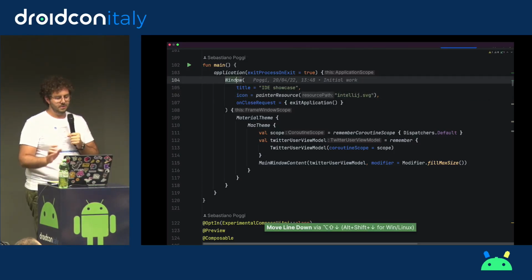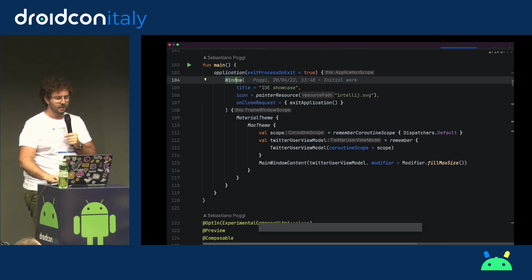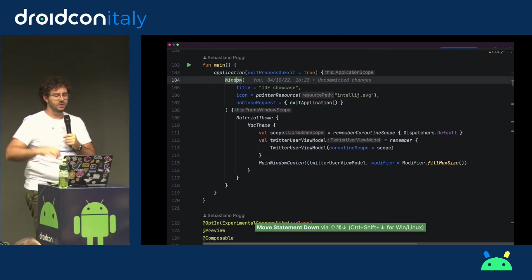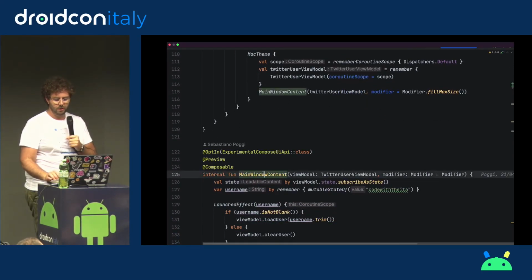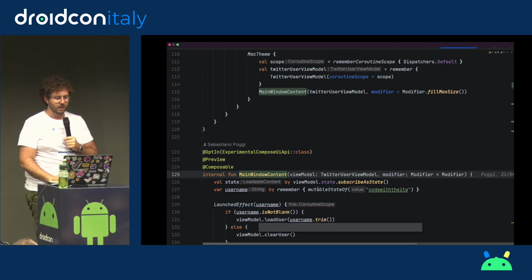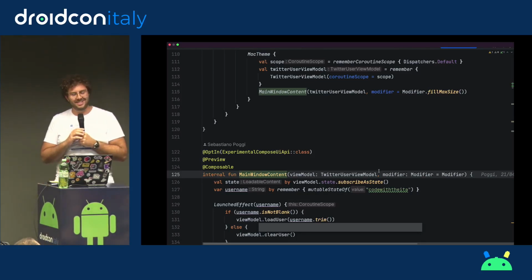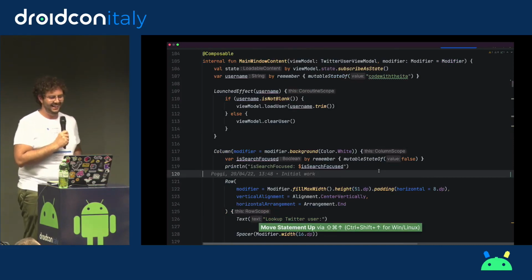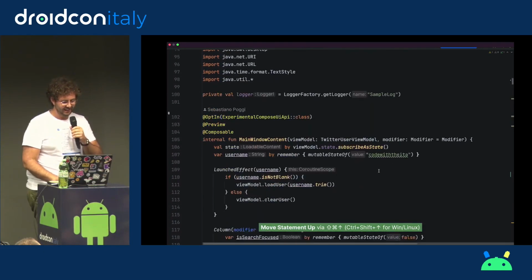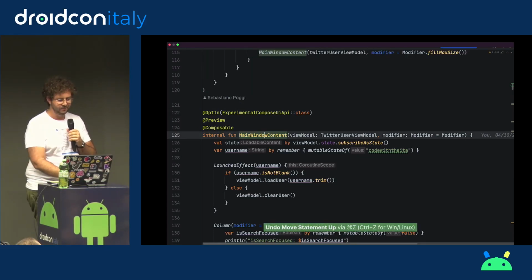And there's also the smart version of that, which is with Command instead of Alt, that allows you to move the logic block up or down, which is useful, for example, if you want to reorder functions. You can use the smart version to move the entire function up or down. And it will maybe at some point unfreeze. In the meantime, aha! Yeah, I did something. I'm going to undo that.